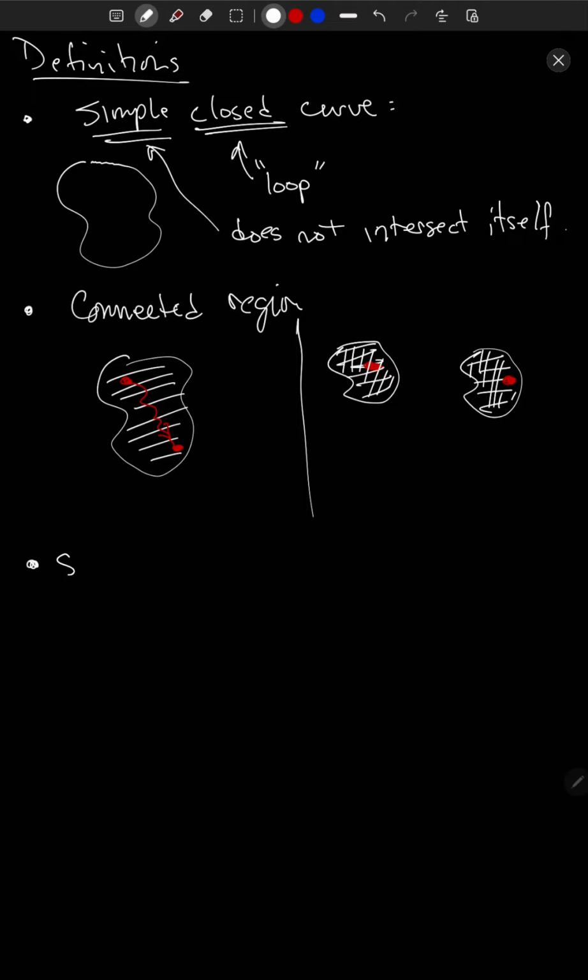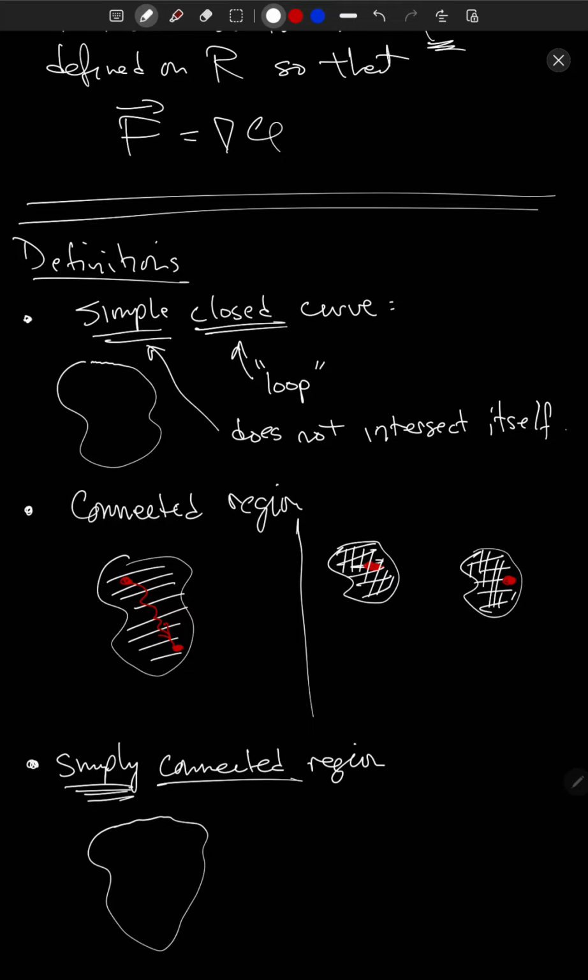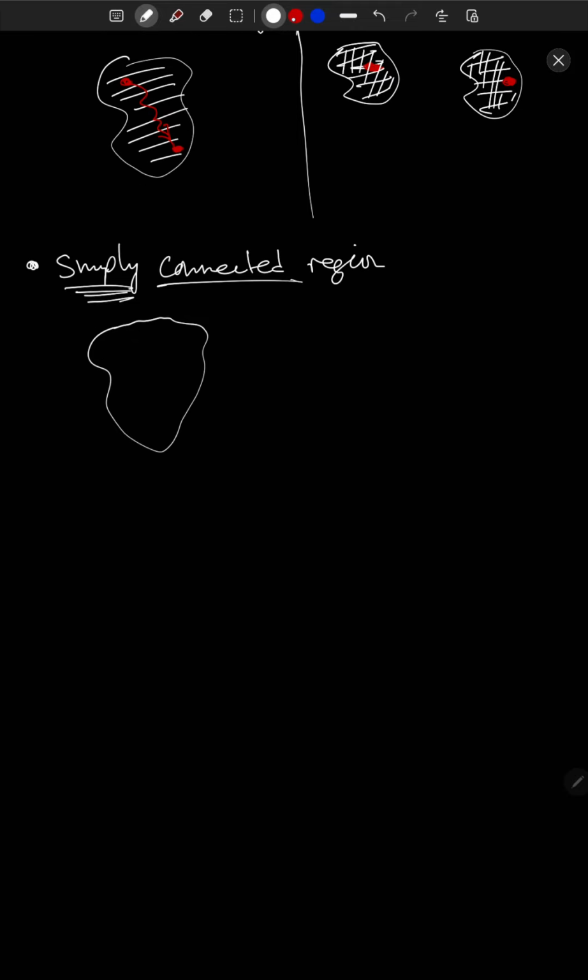Okay, the third one is simply connected region. So this is a really important definition. First of all, we're talking about connected regions, so you can't have two pieces. Simply connected, there's a very careful mathematical definition, of course, for everything that we talk about. But for this, I think a good way to describe it is if you have a region that looks like this, a simply connected region is one where